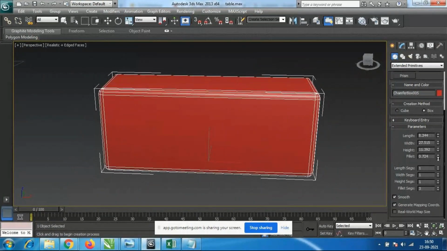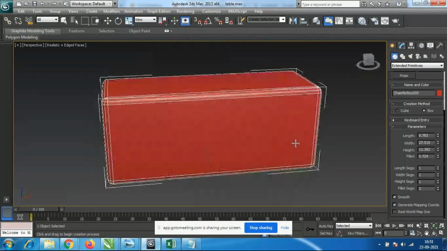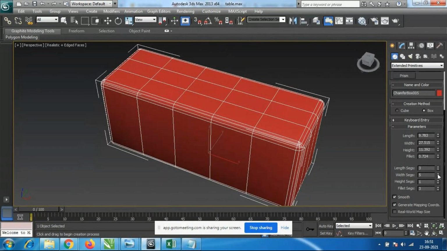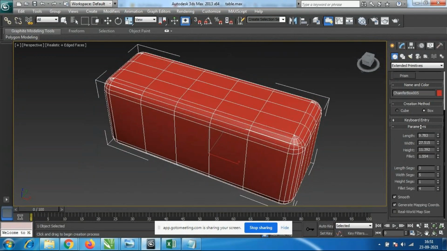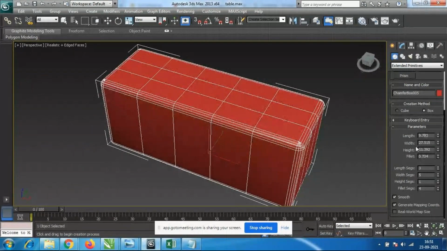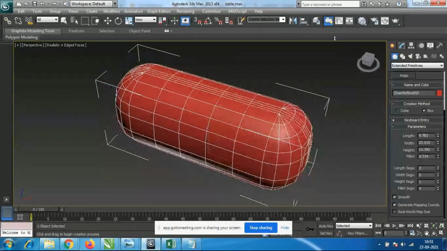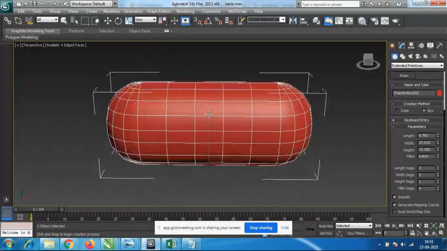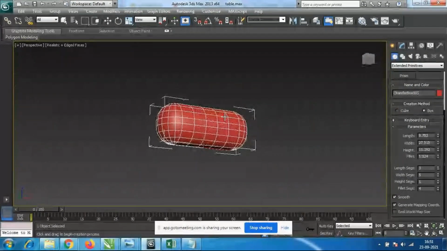How much length and width. And again we have the segments. These segments will be there. If I give the segments, then you don't get more smoothness here. So we cannot give more fillet here. See, only this much fillet we can give. Look here. Yeah, this is also one kind of pillow, a divan pillow kind of thing. You can use it with this option. So fillet.